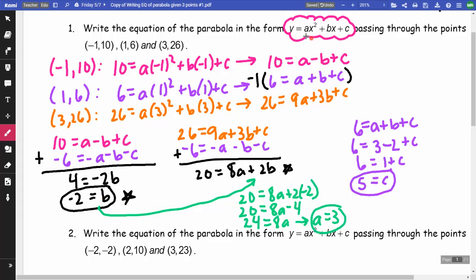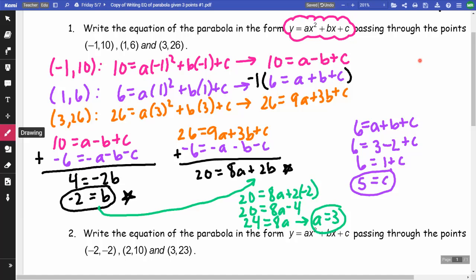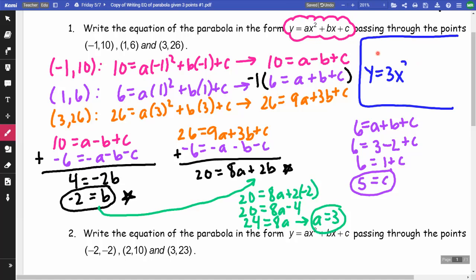So now I'm going to come up to the original equation, y equals ax squared plus bx plus c, and put those in place of my A, my B, and my C. I'm going to write that in blue up here at the top. So my answer is going to be y equals A, which is 3, so 3x squared, my B, which is negative 2, so negative 2x, plus 5. And that's your answer. That is our parabola. It has these 3 points